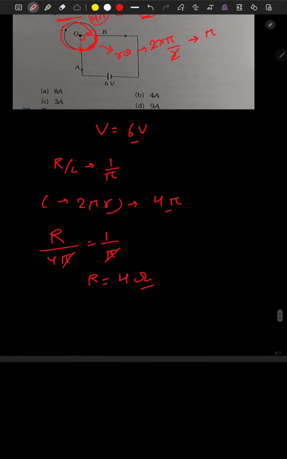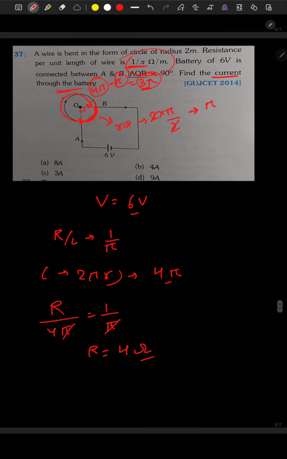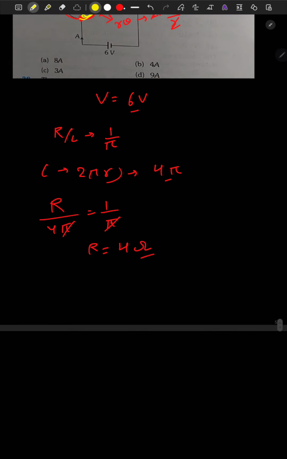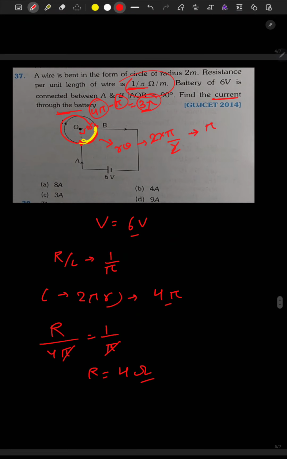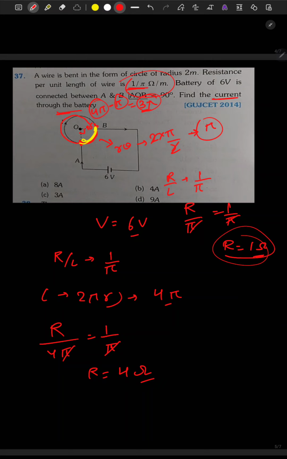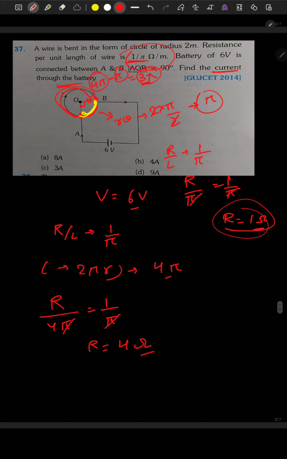Now the resistance of this yellow portion will be equal to, as per unit length it was 1 upon pi, and for length pi it will be equal to 1 ohm. So this is for the yellow portion. Now for the other portion,